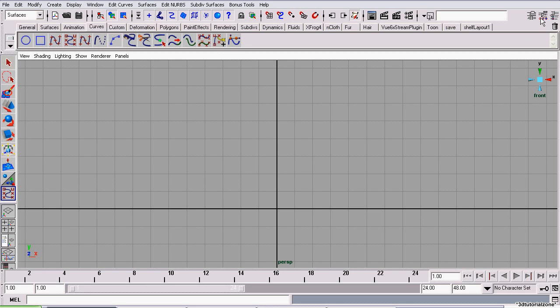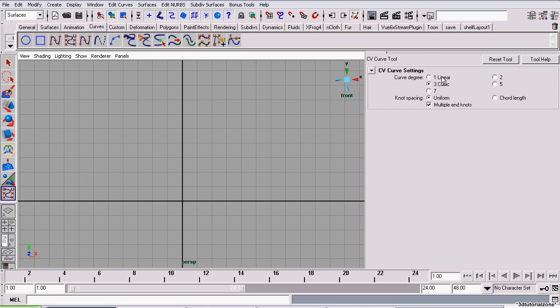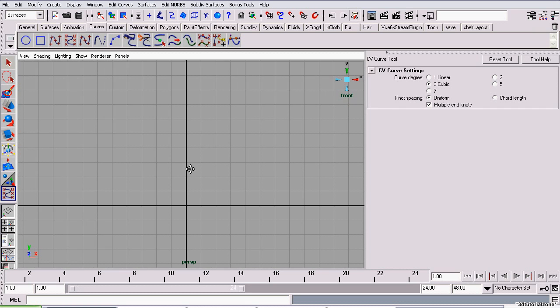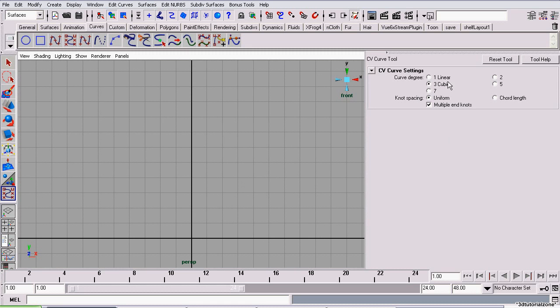I'm going to show you a quick example. I'm opening up the tool settings for the CV Curve tool, and we have 5 degree options. We have 1 degree, which is called linear, and we can go all the way up to 7 degrees. But normally, it's only advised to use 1 degree curves or 3 degree curves. Now, a 1 degree curve, I'm going to draw you a quick example of what that looks like. It's very sharp and pretty undesirable looking. Now, a 3 degree curve,